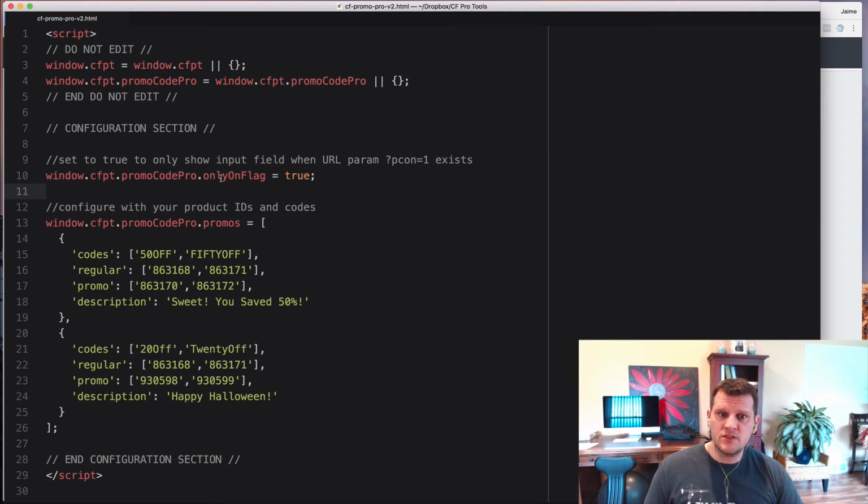If you set this to "only on flag," if you set that to true or leave it at true, then it will only show when that flag is in the URL. If you don't set this value, or you set this value to false, then it will show all the time. When your page loads, the add-on will go and find those fields, even if they're hidden on the form, and it will show them. So this one, a lot of people like to only show this, and I would recommend,